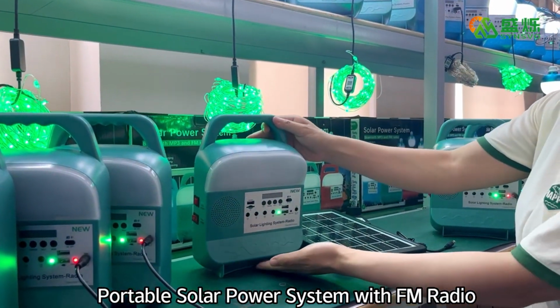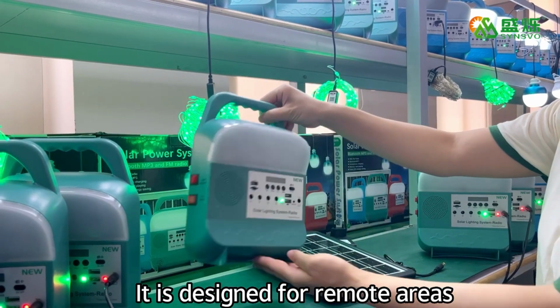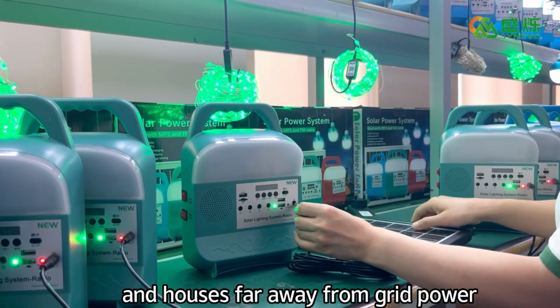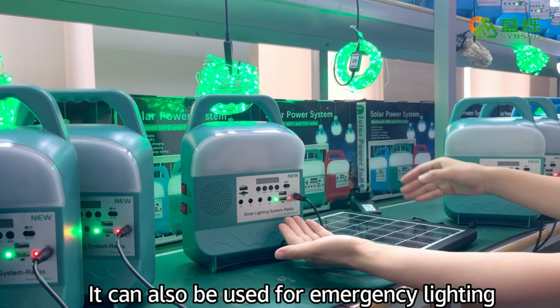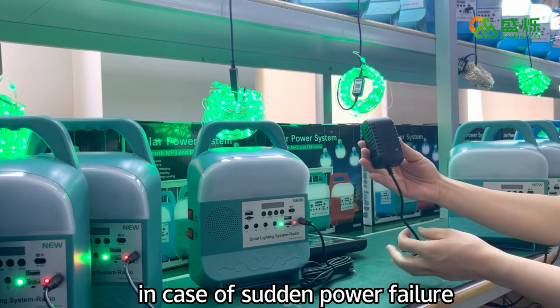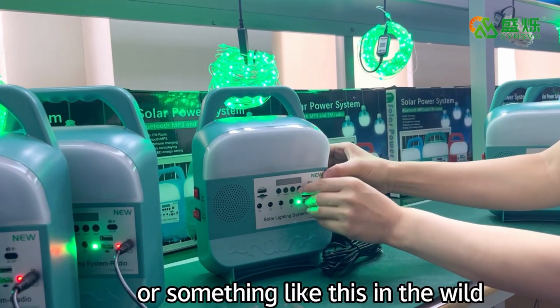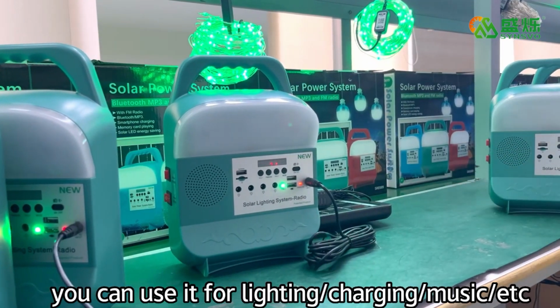Portable solar power system with FM radio. It is designed for remote areas and houses far away from grid power. It can also be used for emergency lighting in case of sudden power failure. And when you go camping, go fishing, or something like this in the wild, you can use it for lighting,